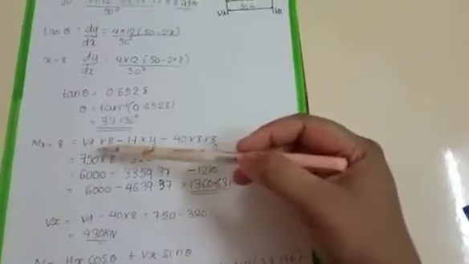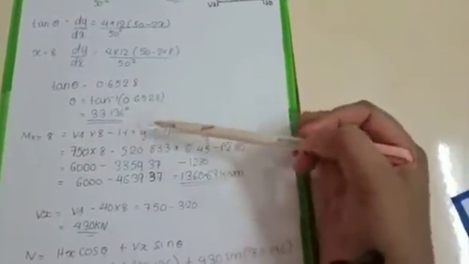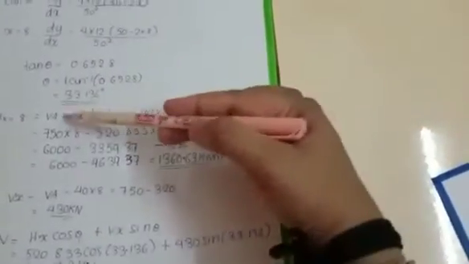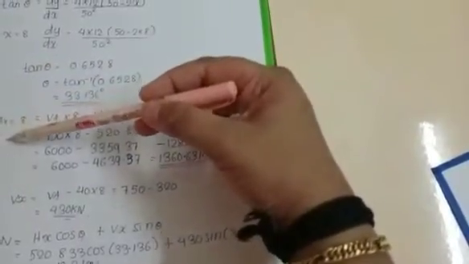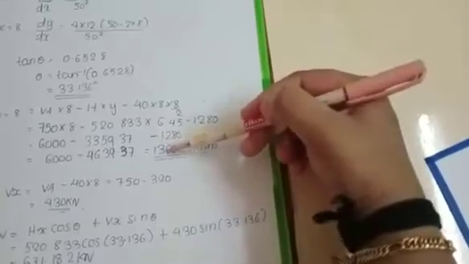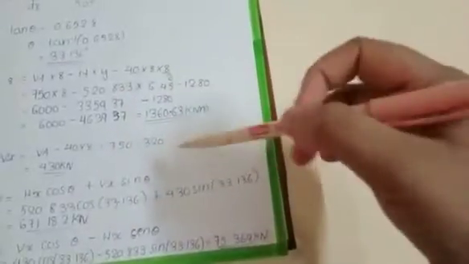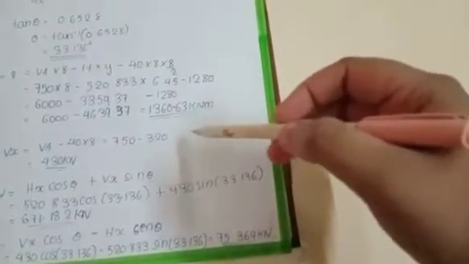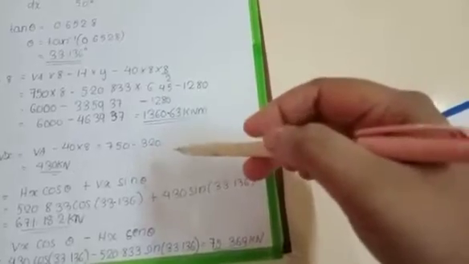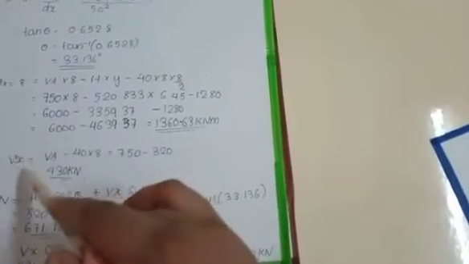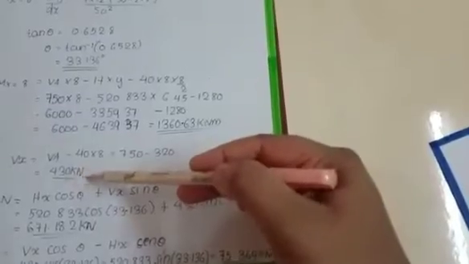This Mx equal to VA into 8 minus H into y minus 14 into 8 into 8 by 2. Substituting value of VA, H and y, we get value of moment at section equal to 1316.63 kN. And to find normal thrust and radial shear, we want to find net vertical force, that is Vx equal to VA minus 14 into 8. We get value of Vx equal to 413 kN.